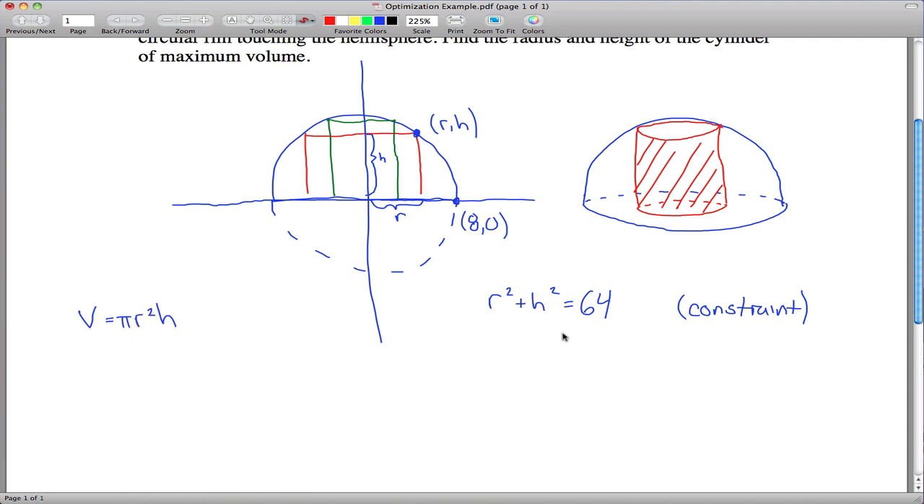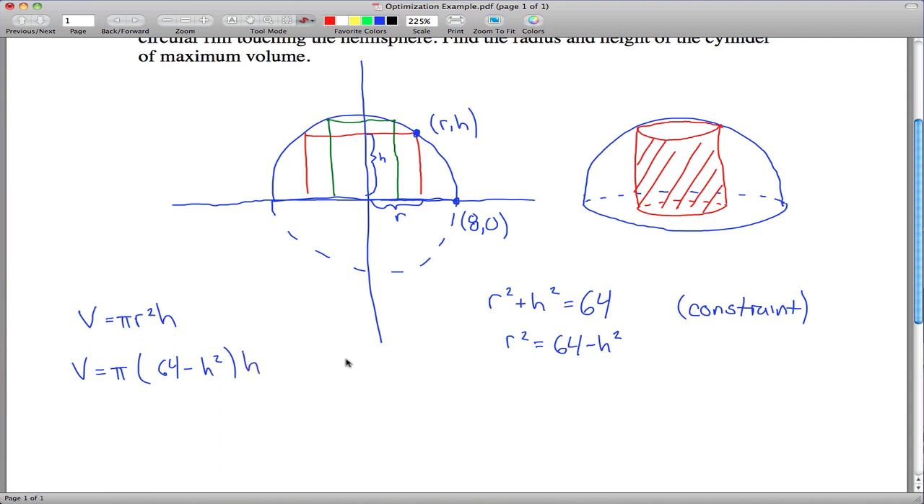So rather than solving this for r, maybe we solve it for r squared. That is, subtract h squared from both sides. Then instead of plugging in for r, we can actually plug in for this whole thing, r squared, what we have solved for here. So what we get is volume is equal to pi times, and then instead of writing r squared, I can write 64 minus h squared